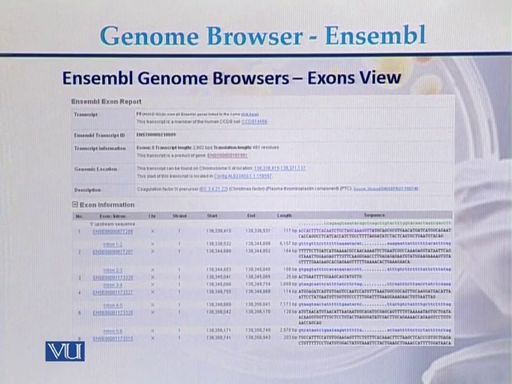This is the exon view. With the help of Ensembl Genome Browser, we can see the exons here: black and capital letters are the exons, and blue and small letters are the introns. So here is exon 1, then this is the intron, this is exon, then next intron, in this way, and the green ones are the 5 UTR regions. So we can see the exons and introns of the genes which are present on the human genome.